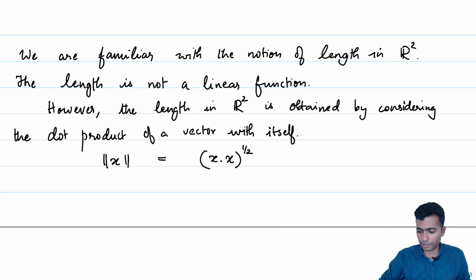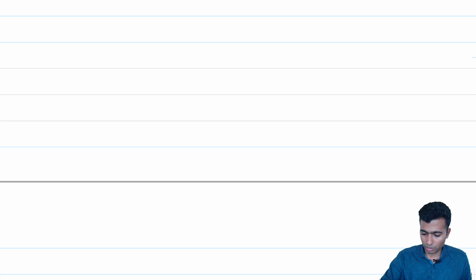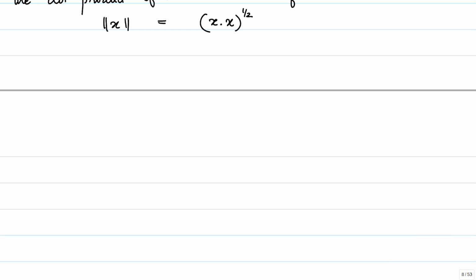If not, we will be introducing it shortly, so no assumptions will be made. If you are already familiar with it, you might also be familiar with the fact that the length of a vector can be realized as the dot product of a vector with itself, and then you take the square root.